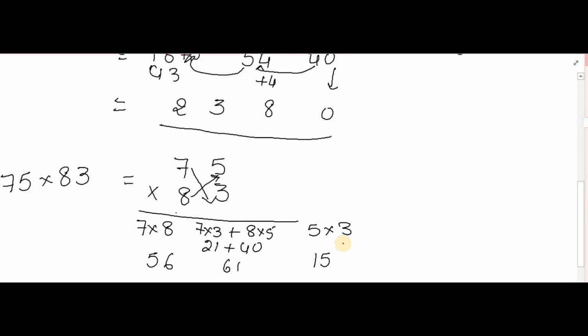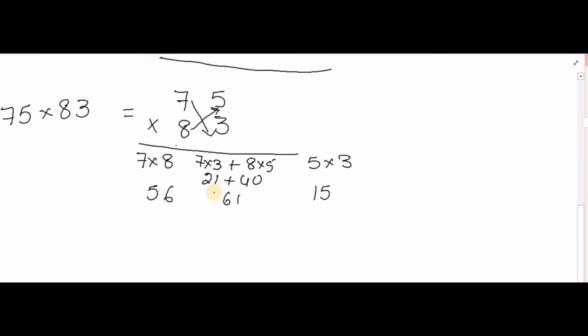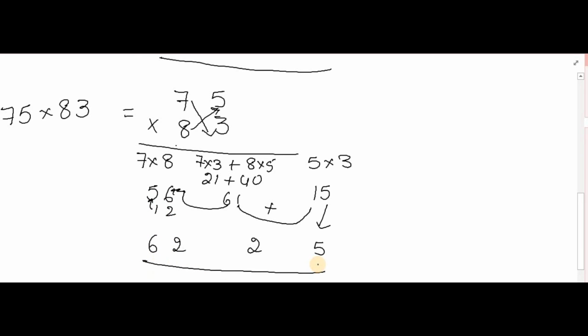Now this one is adding the tens digit to the ones place of the second number, called the balancing rule, and this ones place will write as it is, and this 1 plus 1 will become 2, so the 2 will come, and the 6 will go for addition of this, that is 12, and again these both will add. So 5 plus 1 is 6. So the answer is 6225.